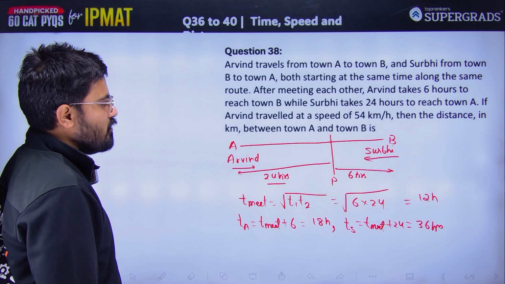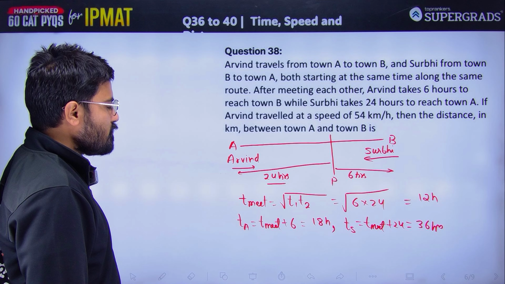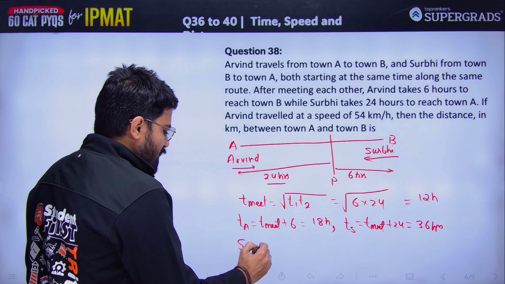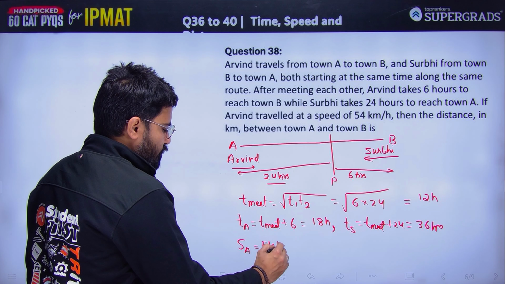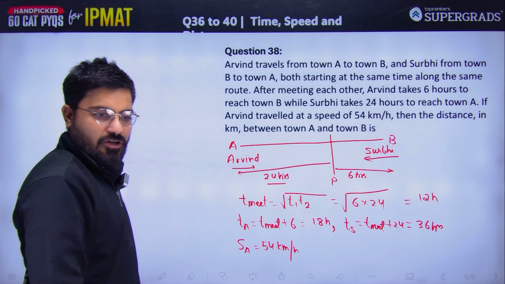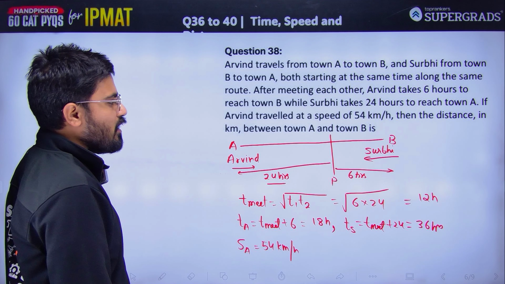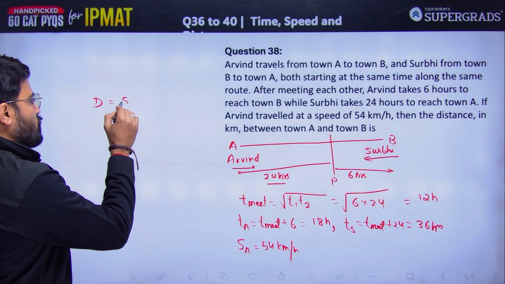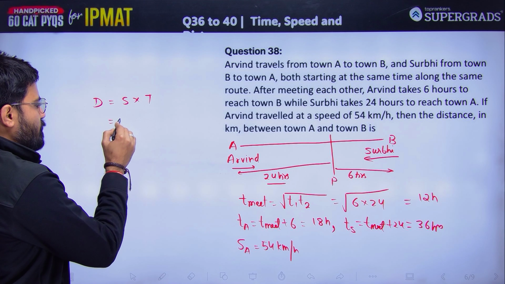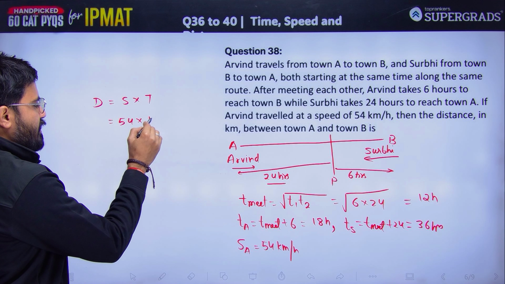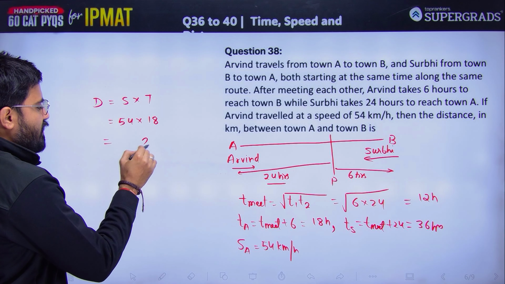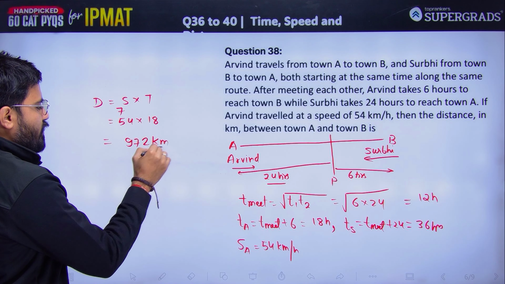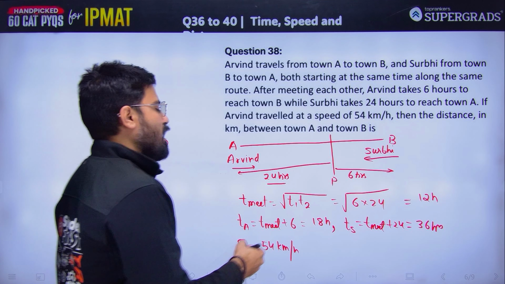This is what we have calculated. If Arvind travels with a speed of, so the speed of Arvind is also given as 54 kilometer per hour. Then the distance between A and B is, so distance is always equal to speed into time. So speed is 54, time is 18. So 18 into 4 is 72, 7 carry, 18 into 5 is 90. So 972 kilometers. So the answer is